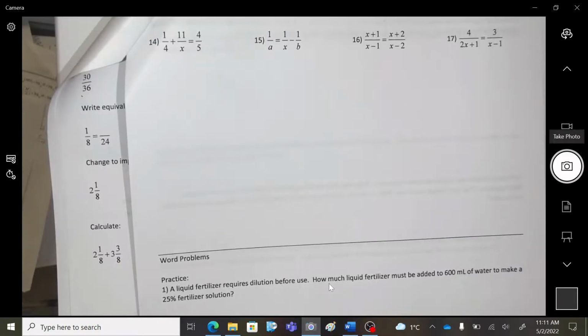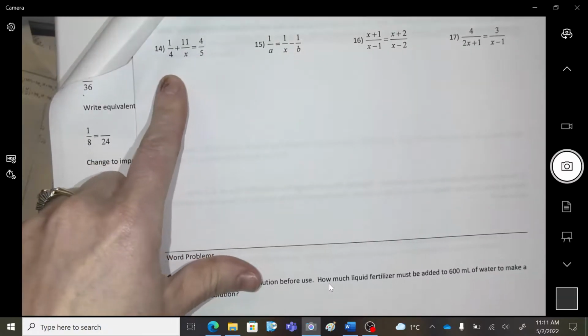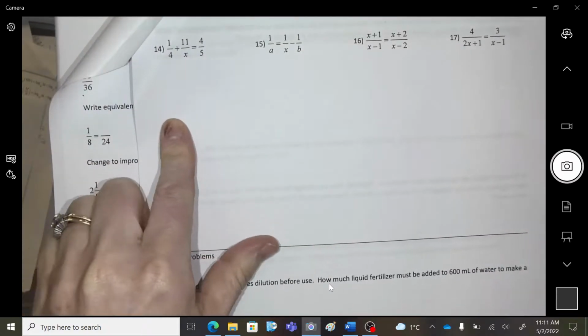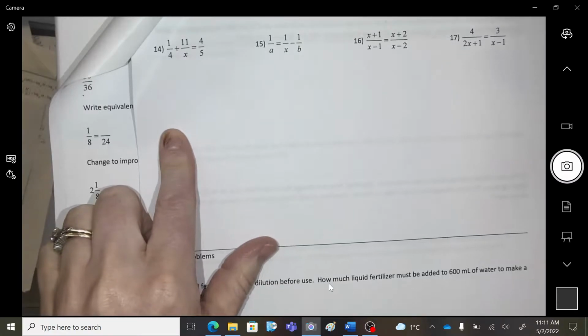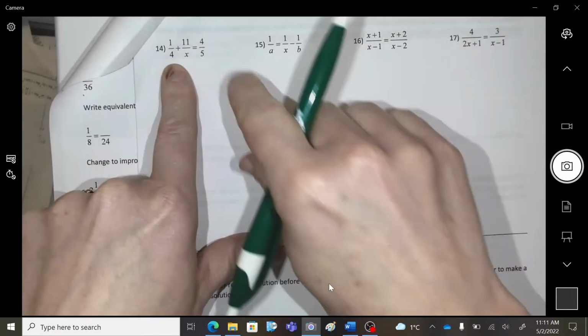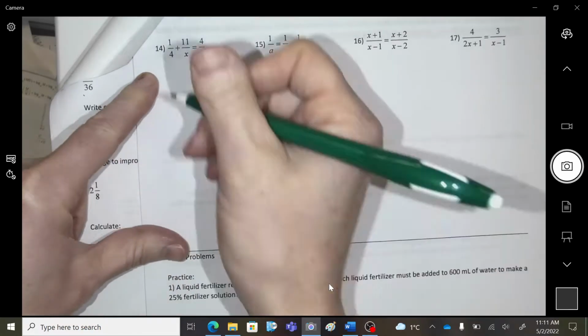So we had two strategies. We said we either had to cross multiply, which was only the scenario if there was one fraction and one fraction, or the other method was common denominator and then forget the denominator. Okay, so 14. Which of the two methods? Can I cross multiply? Yes or no? No, I don't have one fraction, one fraction. So